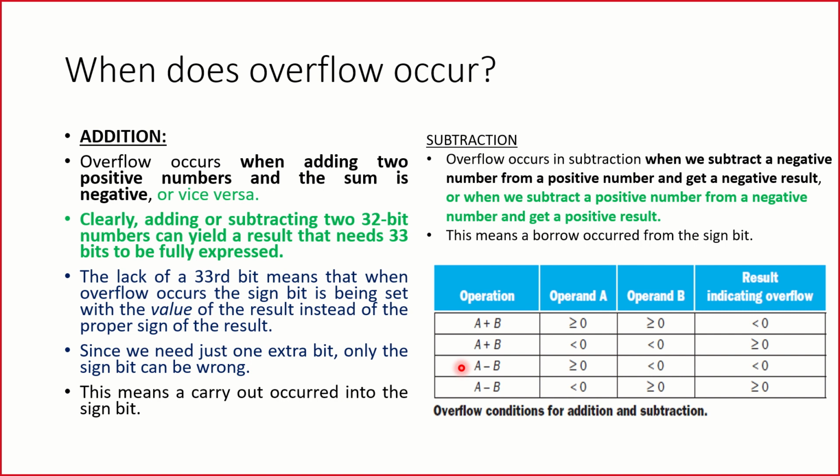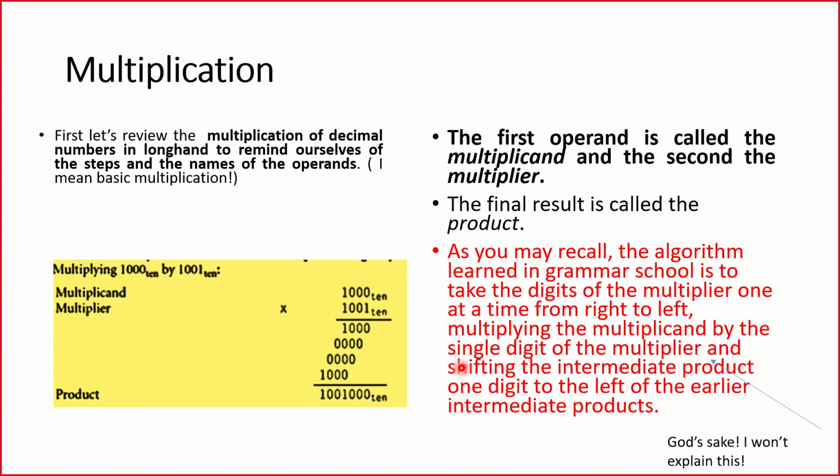Remember it. There could be a question, there could be a code given to you. I can give 5 or 6 lines of code to you, and I may ask you what would be the status of overflow for this addition and subtraction operation. Just take this table, consider it, and then give me the result. That's all. Now, I'm going to go to school-level multiplication right now.